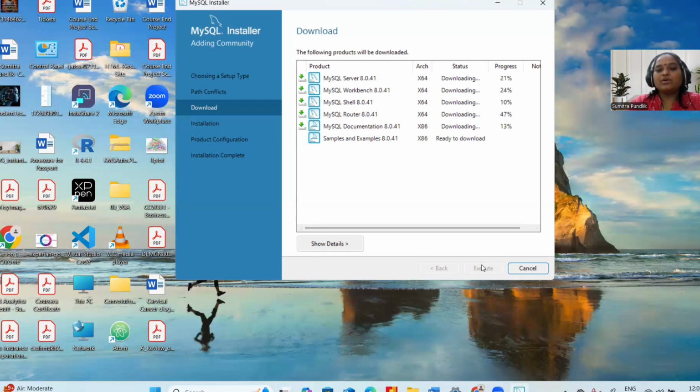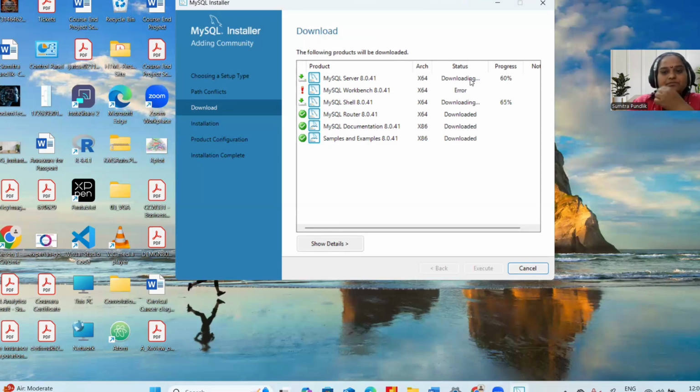It will show you the progress. You can see progress here. As soon as downloading is completed, you can see these green check boxes, and the status is downloaded.